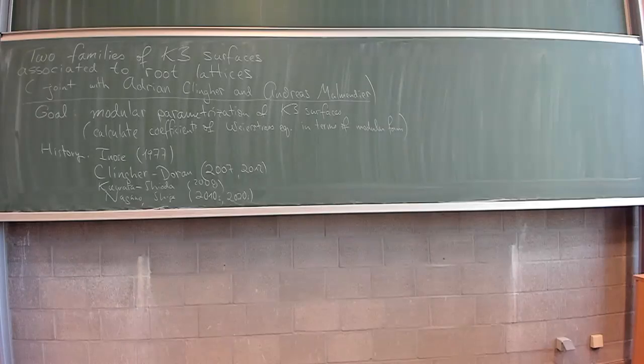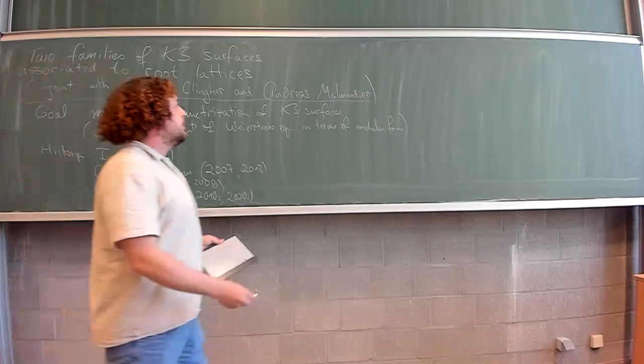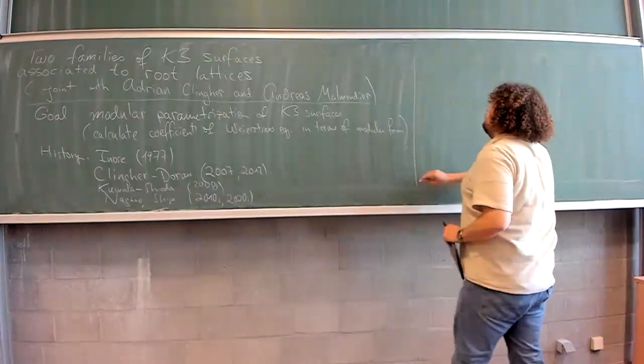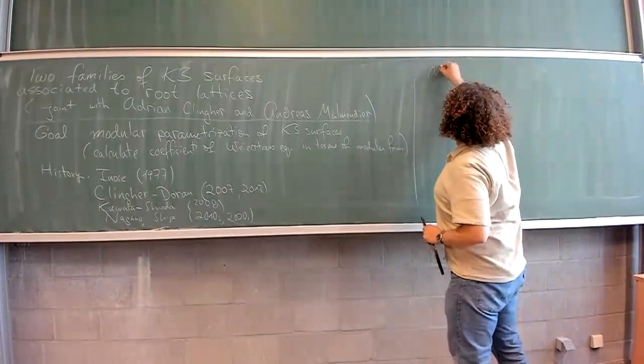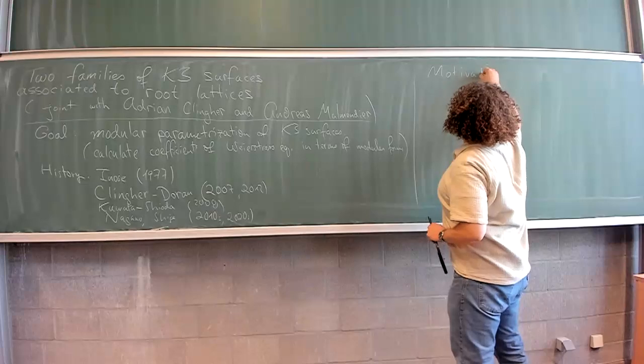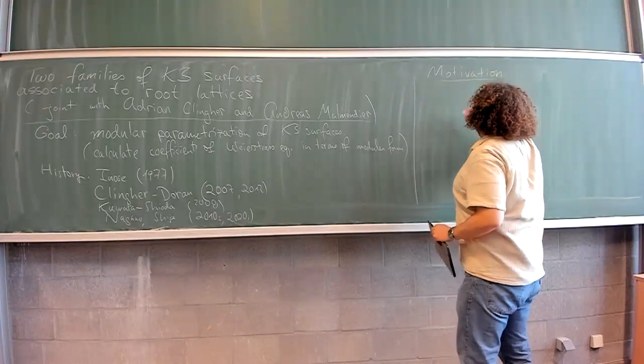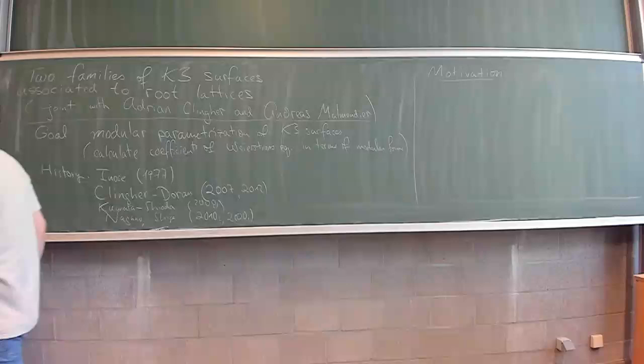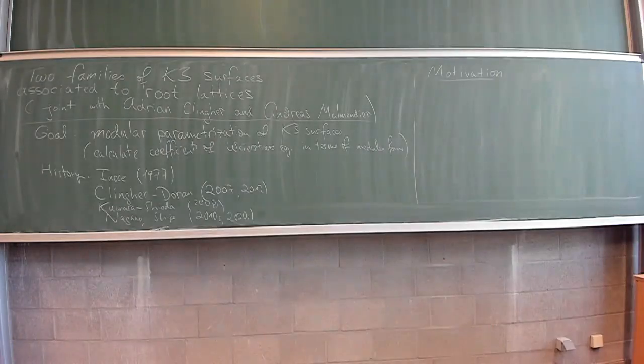What I want to do is extend that to Picard rank which is quite a bit lower, which in turn means the number of moduli is higher, and in some sense makes the problem a priori more difficult. And we do this by using a different method from the previous papers that I mentioned,